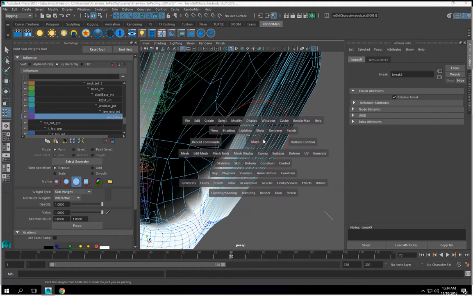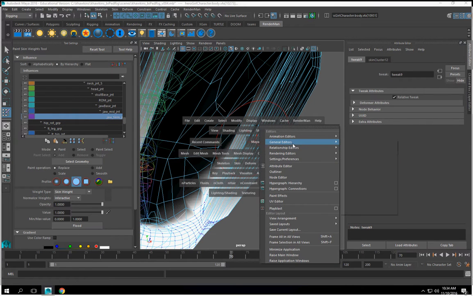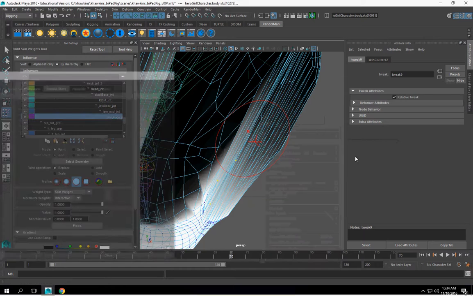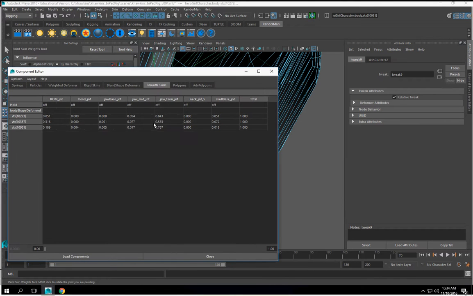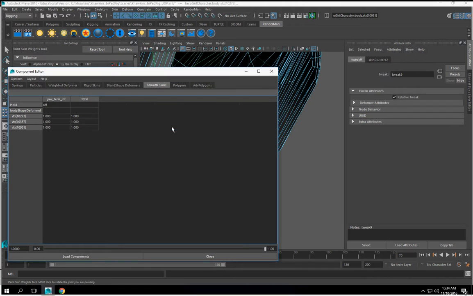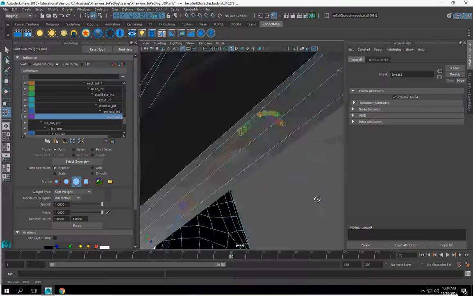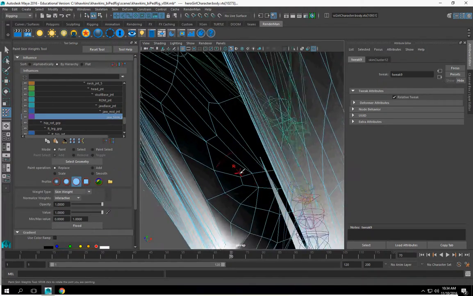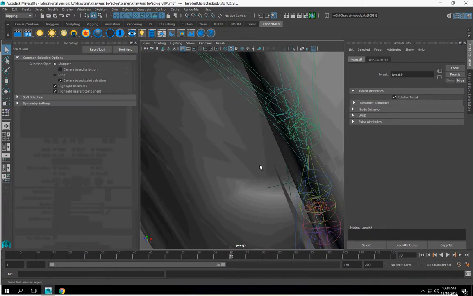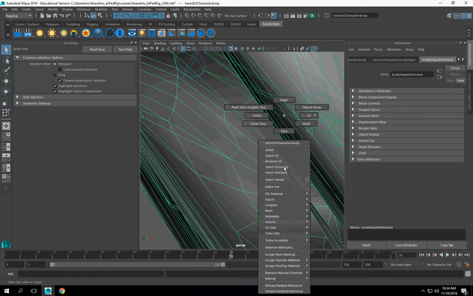So I'm going to use the component editor once again. And then we'll set the jaw turn to 1. And then this little rogue right here,